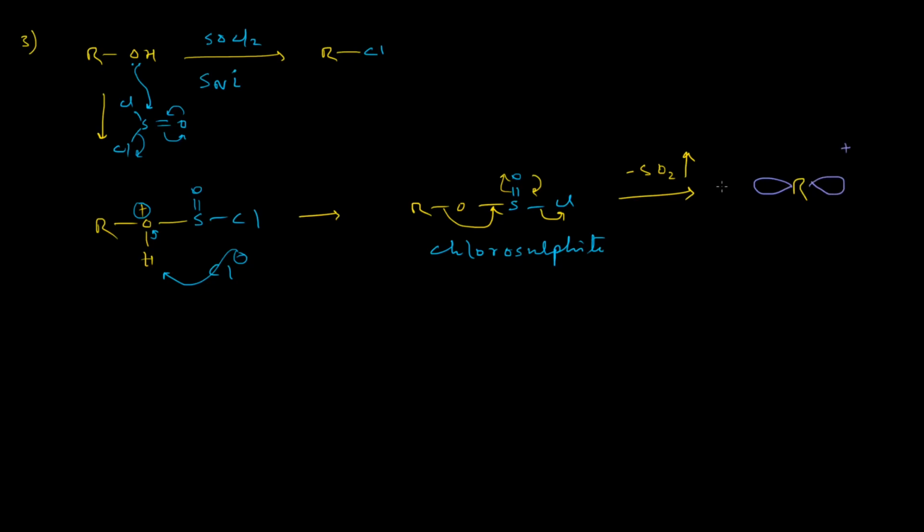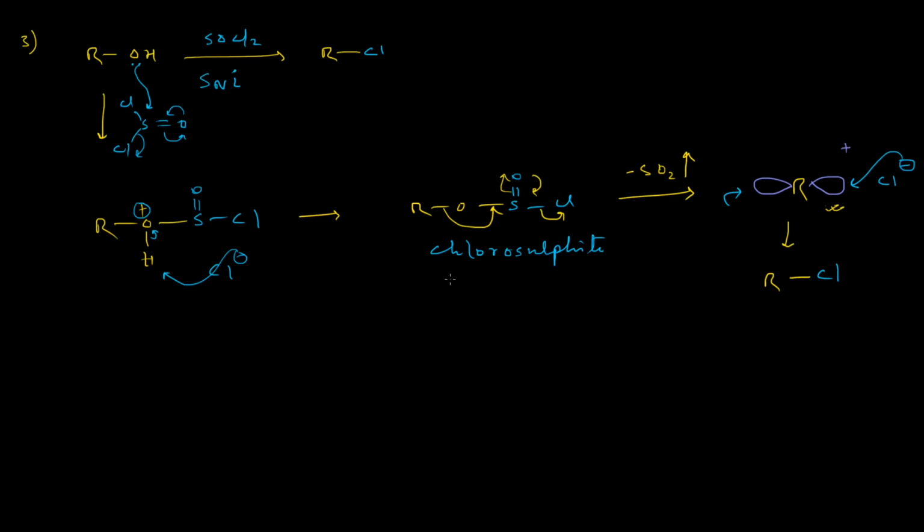This will be the carbocation. So from this side, this whole group actually eliminated, and as soon as the Cl minus is formed, it will be in this side. So the attack will take place from this side. Cl minus will have no chance to attack from that side, and that's why the stereochemistry will be retained, right? So this is the mechanism of SNi reaction.